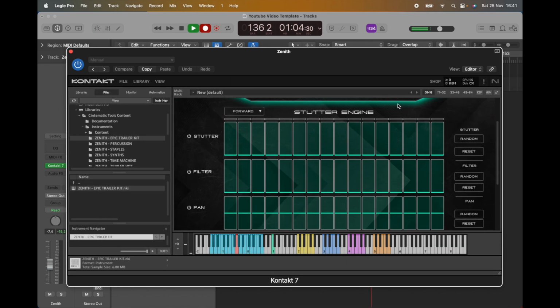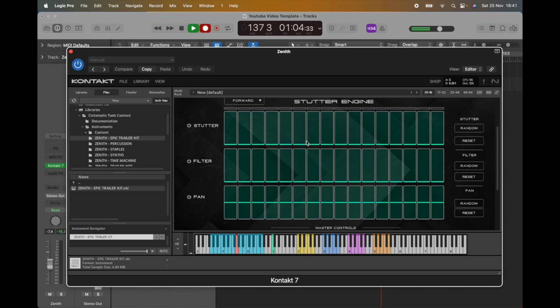And then the stutter engine, this is a really cool feature. In modern trailer music, you hear a lot of stutters, whether it's risers stuttering or Braaams stuttering or basses stuttering. We can create all these sounds with this stutter section here. We can just draw it in. We also have a random feature, and we can just reset it as well. The random feature is pretty cool. We can just randomize any patterns. It's a brand new pattern each time, but in fact, I prefer to draw things in. Here's the on and off button,